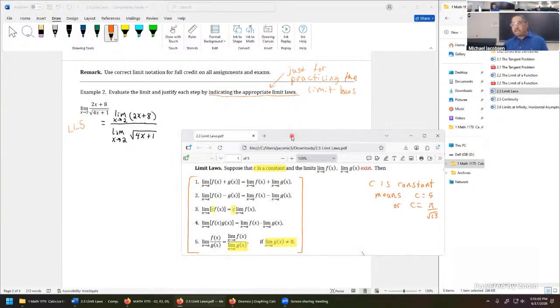So it's really just a strategy of divide and conquer. If there's lots going on, see what happens in the numerator, see what happens in the denominator. But now that we've split it up in this way,